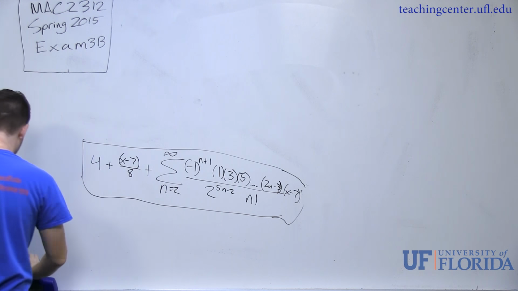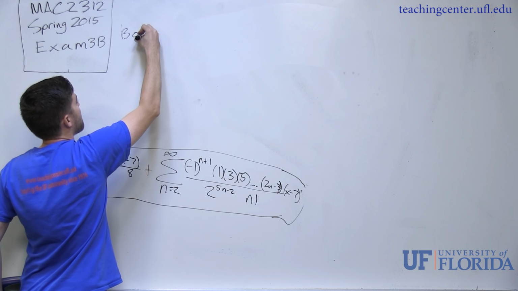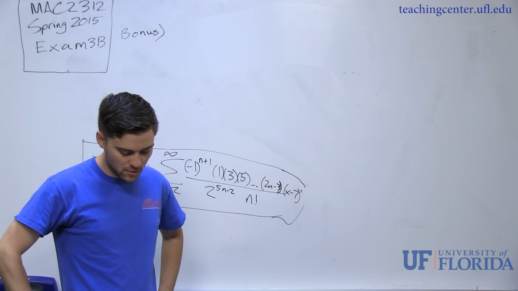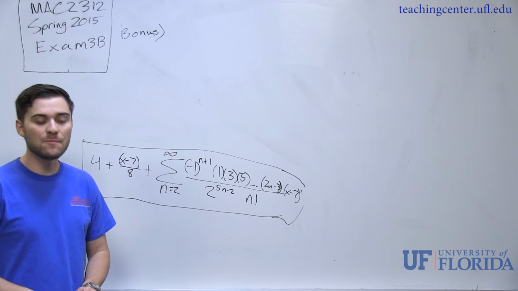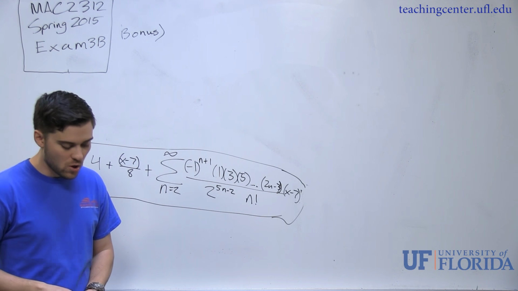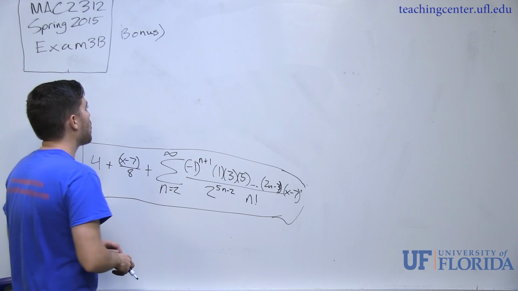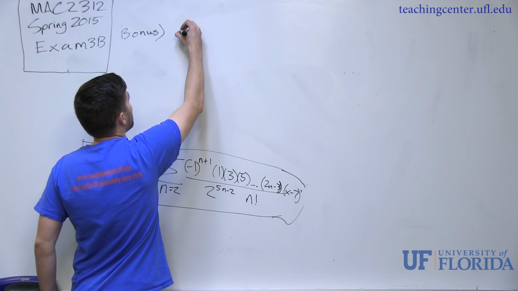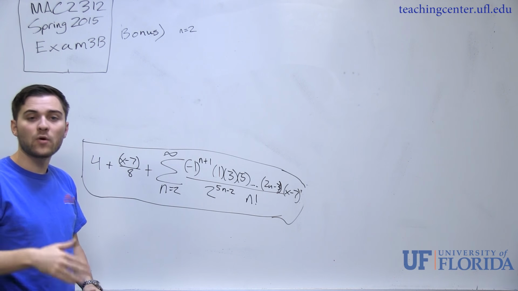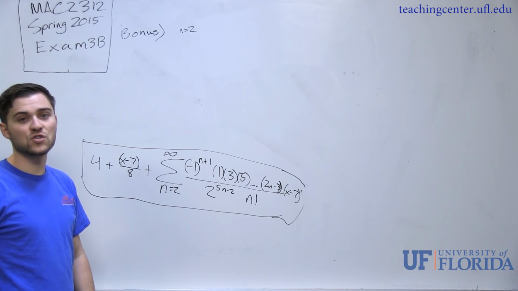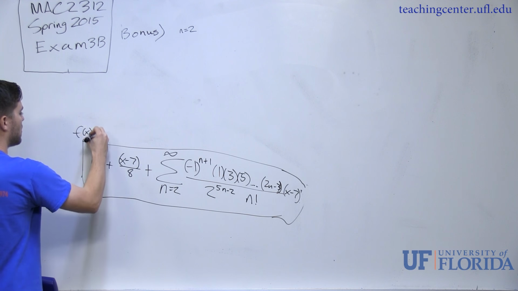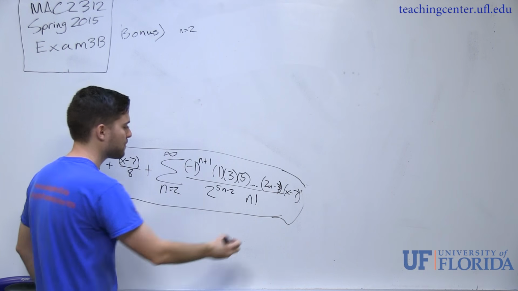So for this bonus question, it says use the second order approximation to approximate square root of 16.06. Leave your answer in 3 terms. No need to simplify. So a second degree Taylor polynomial corresponds to when the series reaches n equals 2. So what that means is I want to expand out my Taylor series until I get to my n equals 2 term. So that tells me that if I know my Taylor series expansion, which is equal to this whole thing right here,